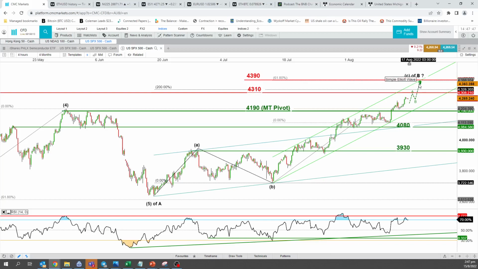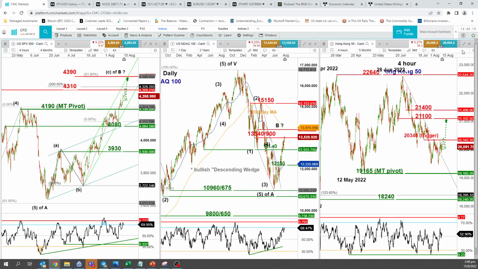All right, this resistance zone here, we are pretty cautious, and we're going to see how the sector performs in terms of volume, and whether there would be an intermarket relation that supports a risk-off environment at this level of 4390. However, a forward close below 4190, we will start to see the start of that potential deeper pullback towards 4080. A break below 4080 should take us down towards another level lower, which is 3930. Next will be the Nasdaq 100.